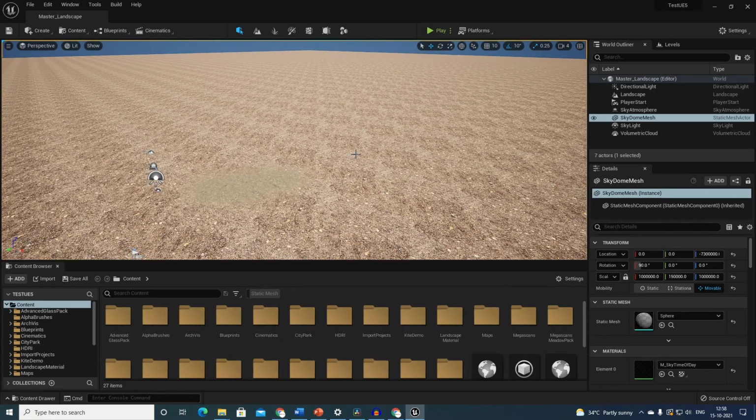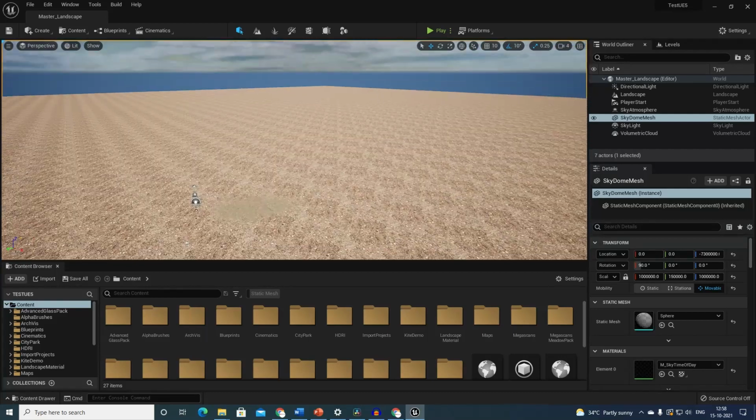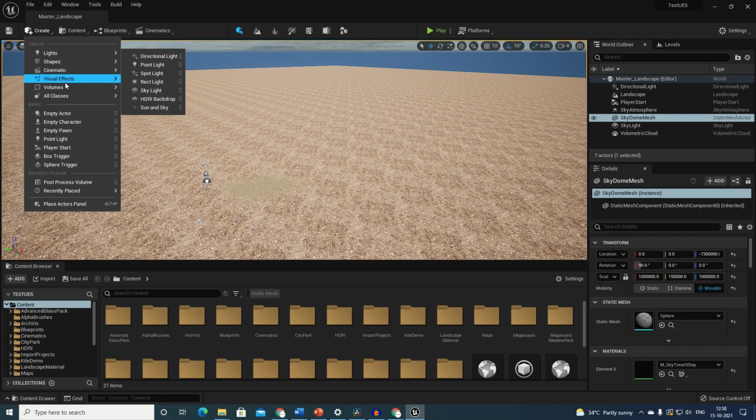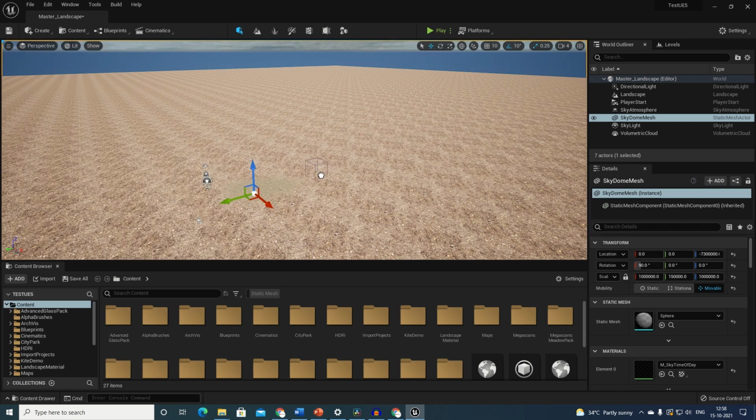All our foliage types like grass, hedge, stones, pebbles, trees, everything is done and saved as separate levels. Now open the master level, master landscape, and we are going to keep all the lighting, post-process volume, cameras, etc. in the same level except the foliage.